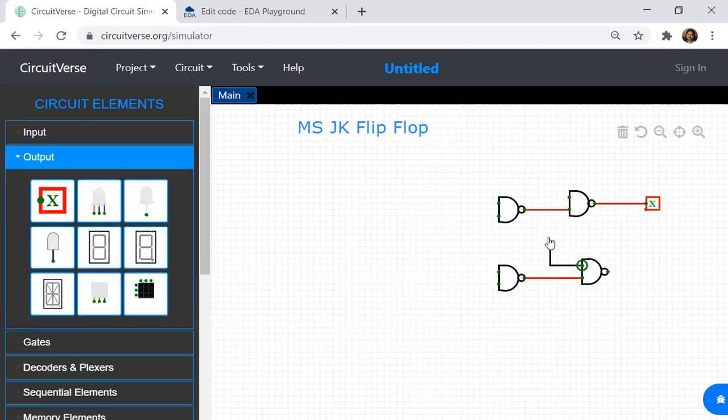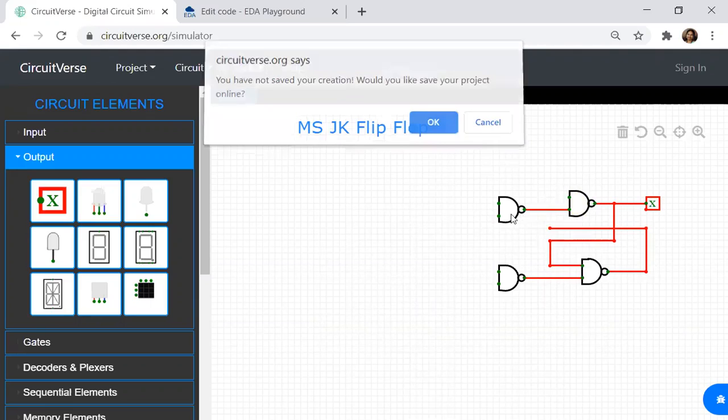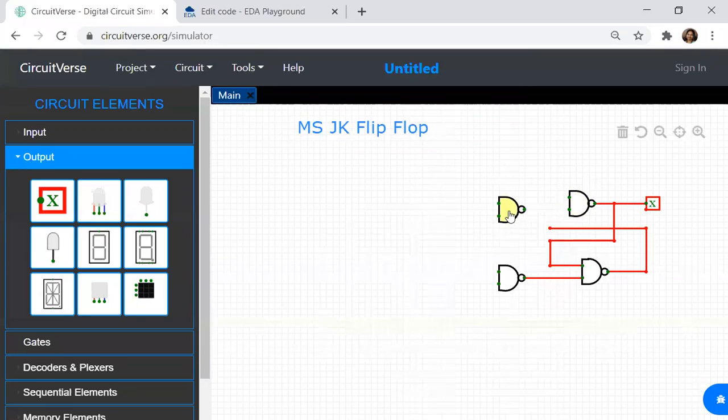This input will be connected to Q, and here I have Q bar. So this is the cross-coupled connection, which will give you the exact output over here. I've connected the output here, so this will be our Q.